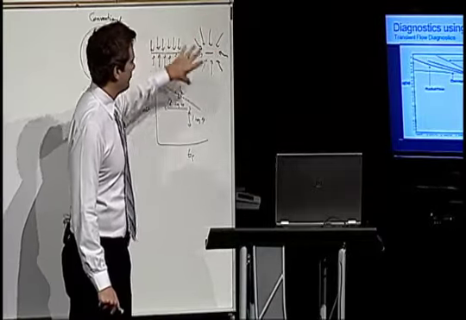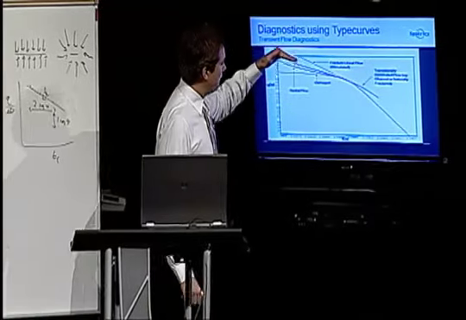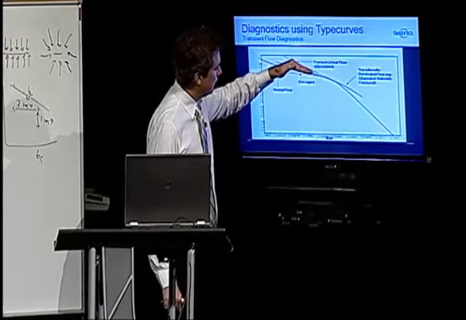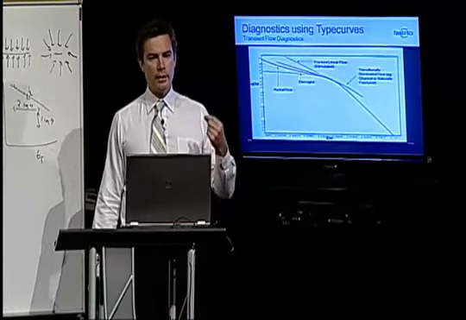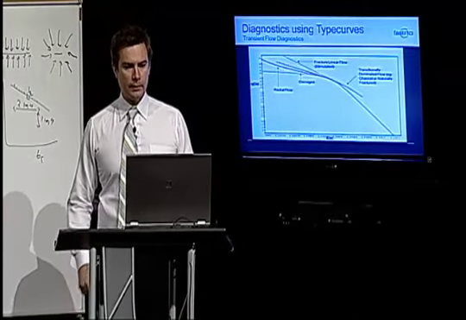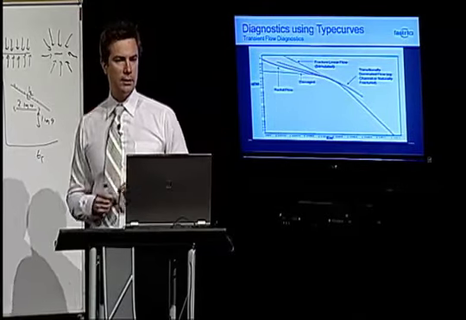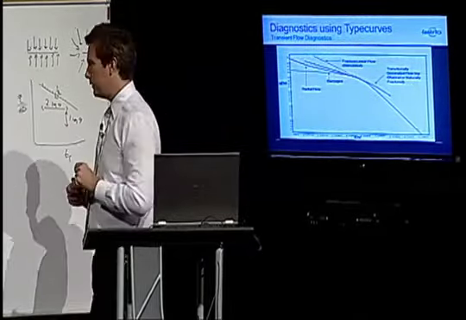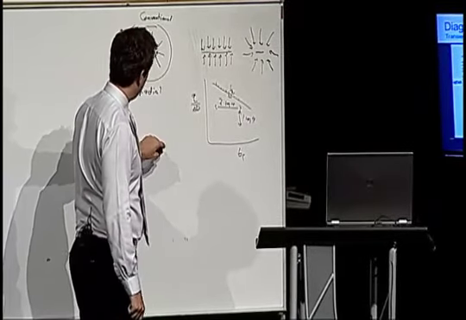I will get these convergent flow lines coming later on. So I may have a situation where I have fracture linear flow at the beginning and then upward concavity from radial flow that occurs later on. Okay, so there's nothing to say that I can't have both flow regimes occurring in sequence. Let me give you a different example that reverses these two flow regimes. Let's say I have a vertical well